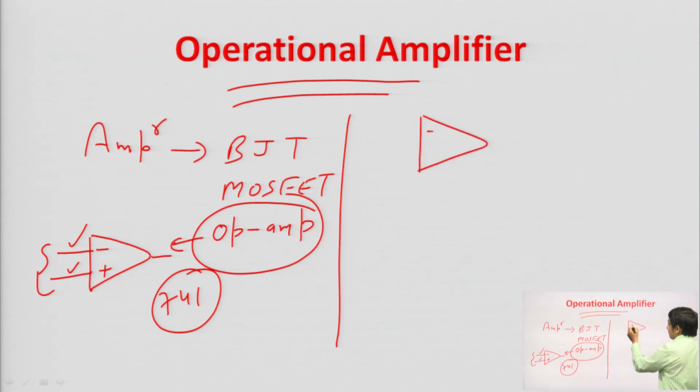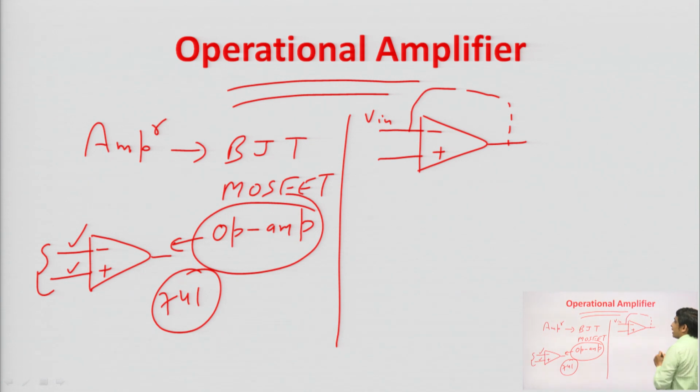Now, this operational amplifier can be used in two configurations, one is inverting and another one is non inverting. If we are applying the input signal at the inverting terminal, right, then your operational amplifier is called inverting amplifier, and obviously in an amplifier there will be negative feedback, that is why output is connected to the inverting input terminal. This is your inverting amplifier.